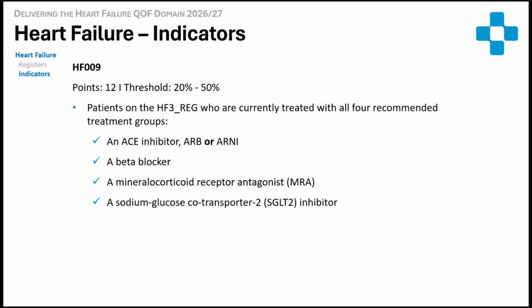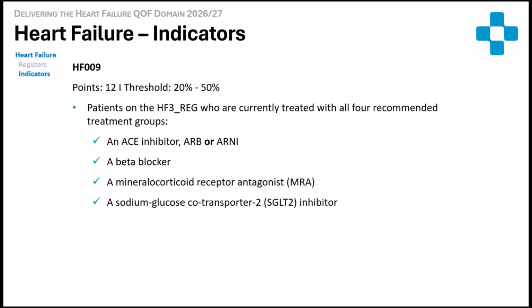The one little thing to mention on this one, and this is certainly the case with all medication related indicators, is that you won't actually see your achievement for this one until the final 6 months of the QOF year. That doesn't mean you can't get started on this indicator. So for the time being, make sure that you have prescribed all 4 of the recommended treatment groups or recorded the personalised care adjustment where it's not suitable, so that all those prescriptions can be added to the record. And then from October onwards, so long as there is an active repeat prescription that the patient has claimed, you will then achieve this particular indicator.